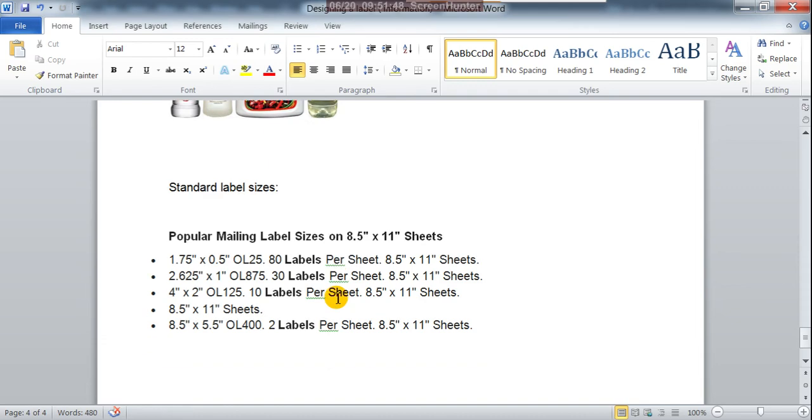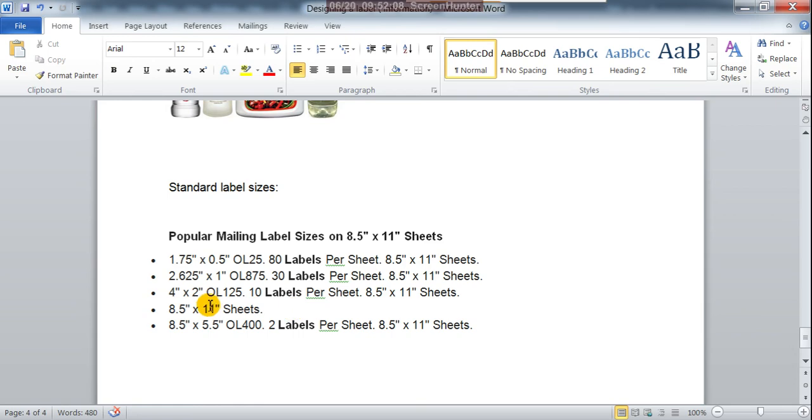Okay. So popular mailing label sizes: 8.5 into 11 sheets. Okay. Suppose 1.75 into 0.5, so 80 labels per sheet, 8.5 into 11 sheets.